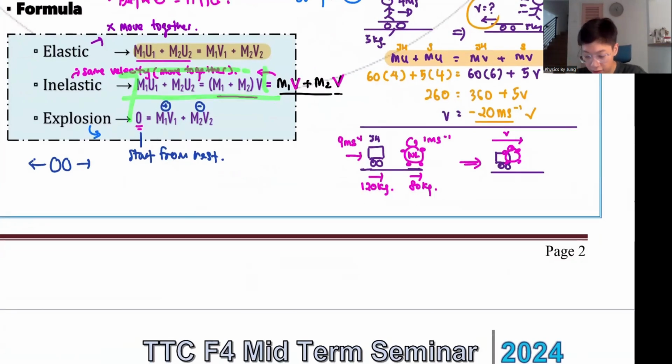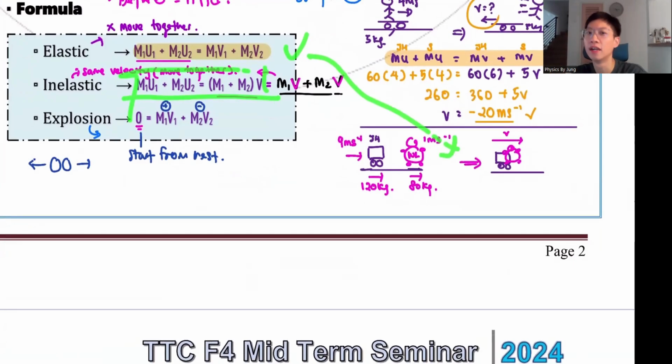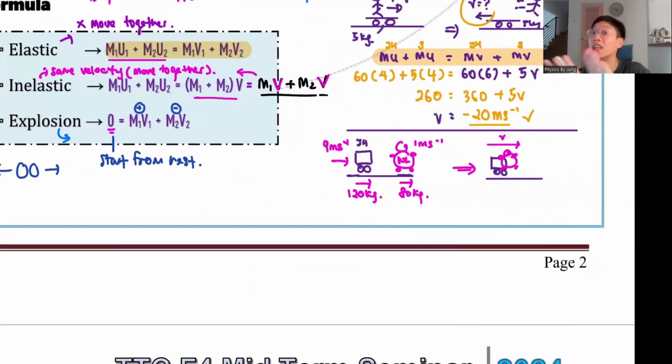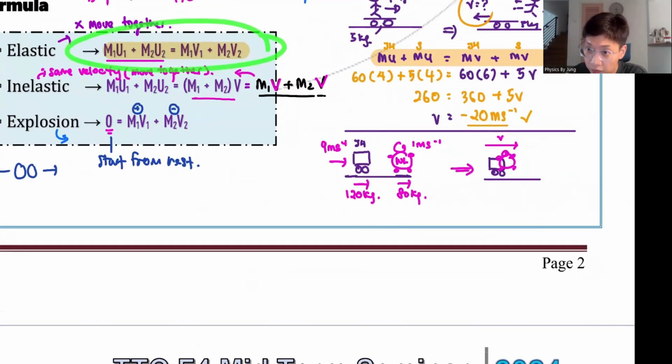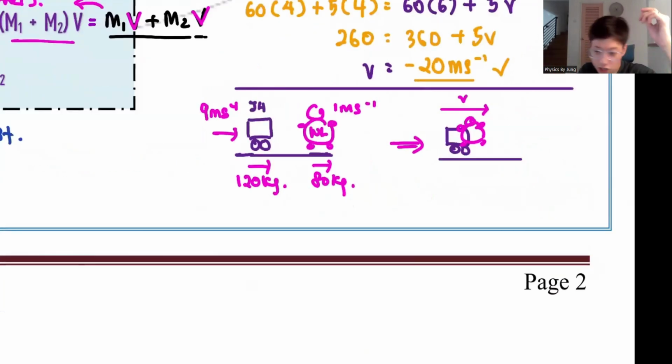Now, let me ask you a question. If I accidentally use the elastic formula to calculate an inelastic collision, can or not? I know that this is inelastic because it is stuck together. They stick together, move together. But if I accidentally use the elastic formula, is it acceptable? Can or not? Axel, what do you think? I accidentally wrote the wrong formula. Can, I think. Okay, so we see. Okay, I also say can. Let's try, trial and error. Wow, Bernice, so spirited.